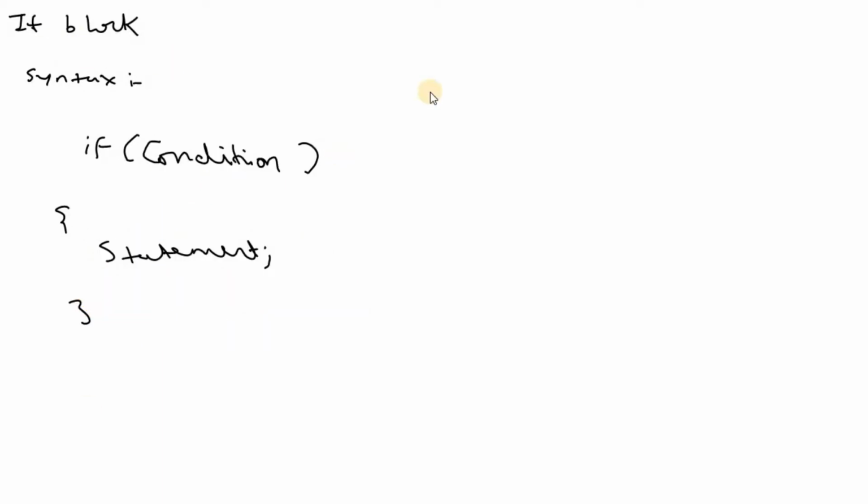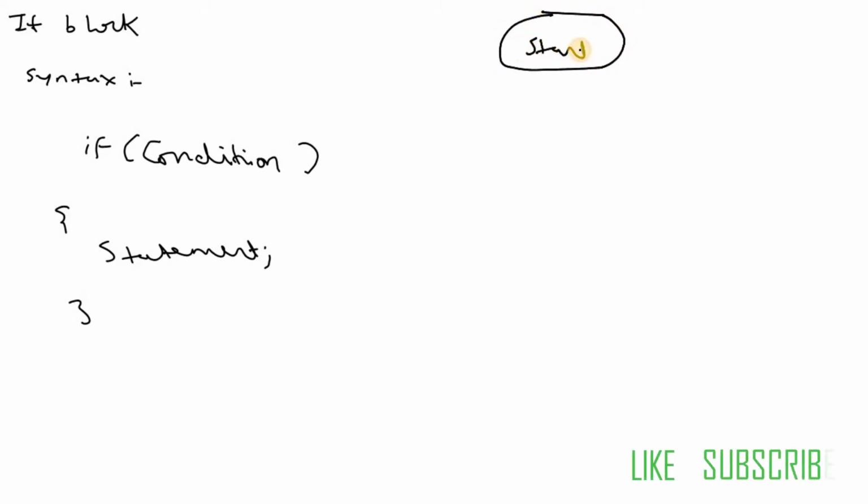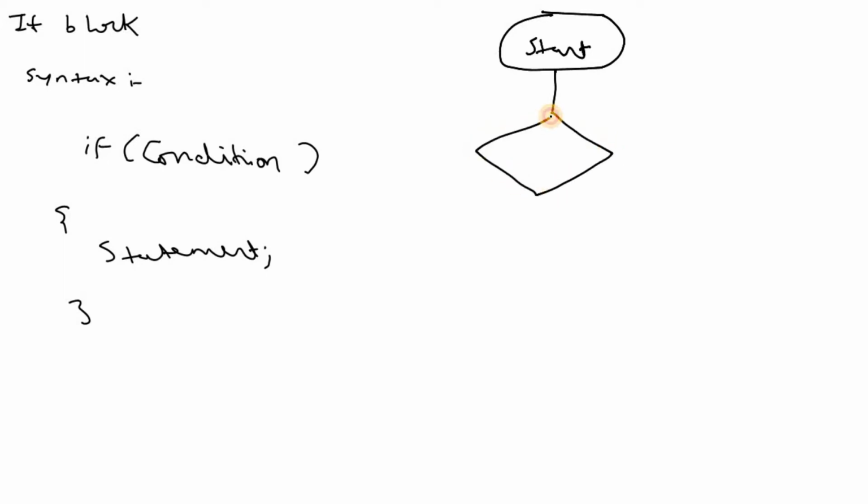So the exact flow, here is a flow chart. Here is the starting point. We need to represent the starting point with the help of this oval. And here first we need to check the condition. Condition we need to represent with the help of this diamond shape. And one important point, for every condition, two options are present. If the condition has succeeded or if the condition has failed. So it means true or false. Two conditions are there.